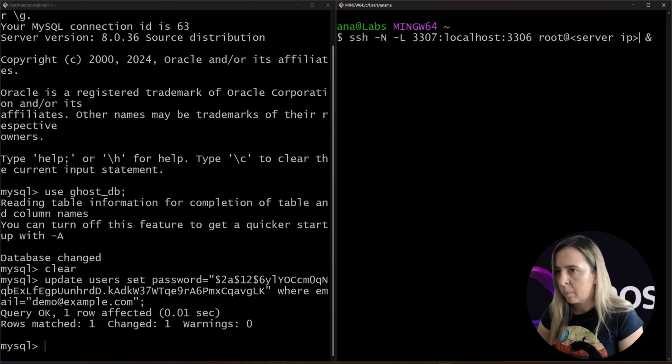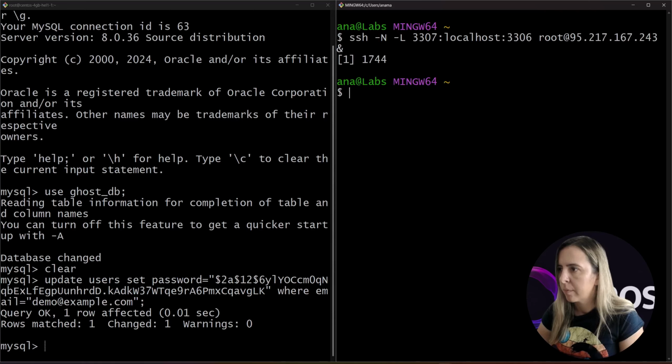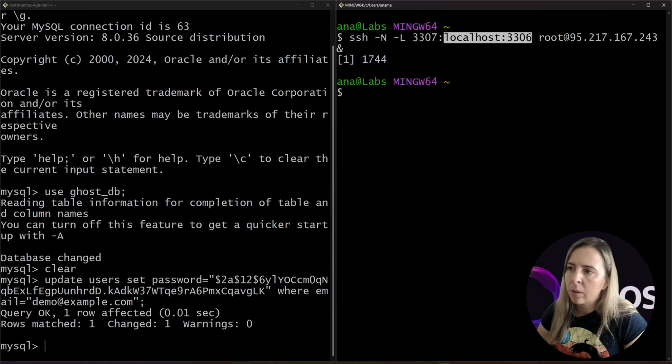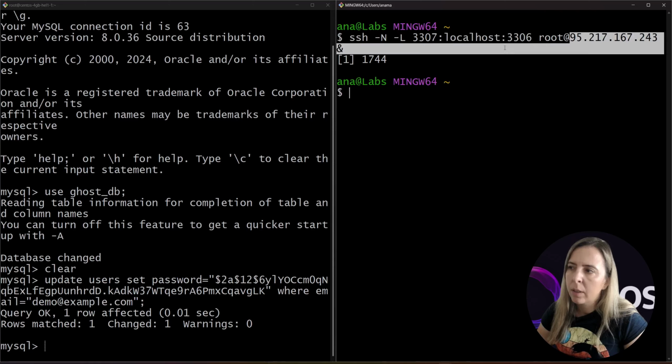Our server IP is... and this takes up a 3307 port and port forwards MySQL service that's listening on localhost 3306 on this server